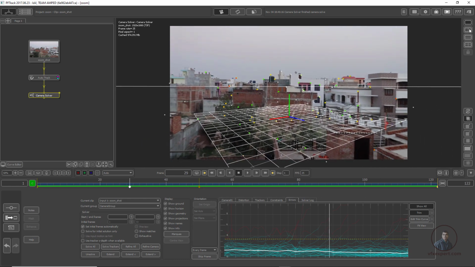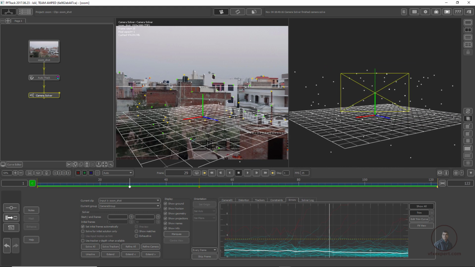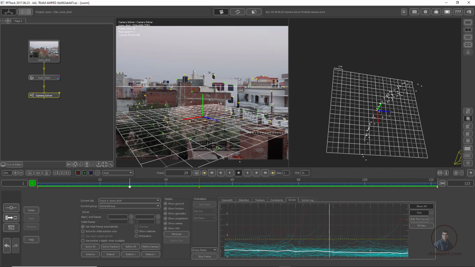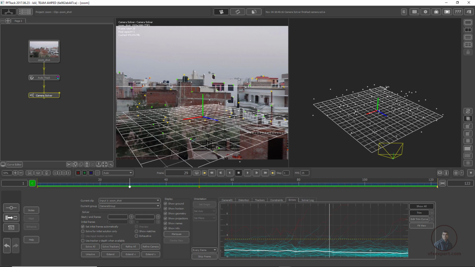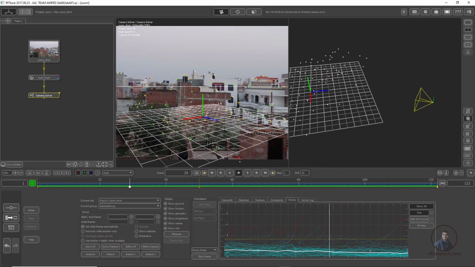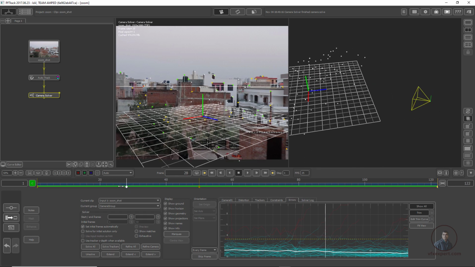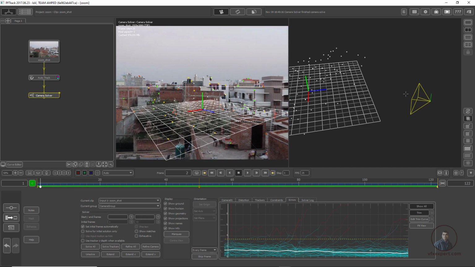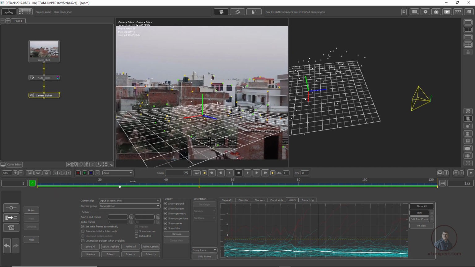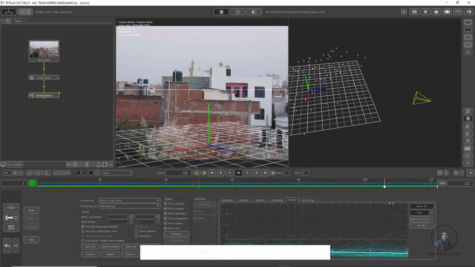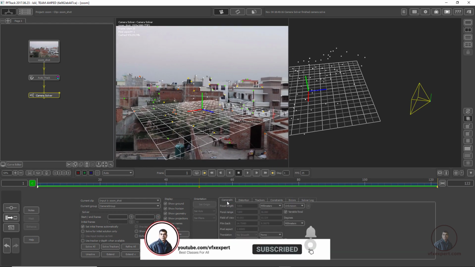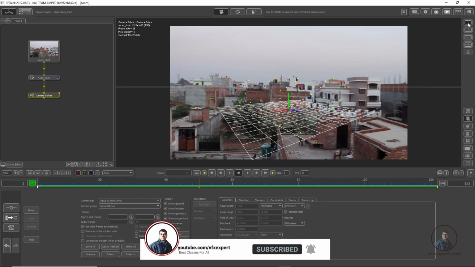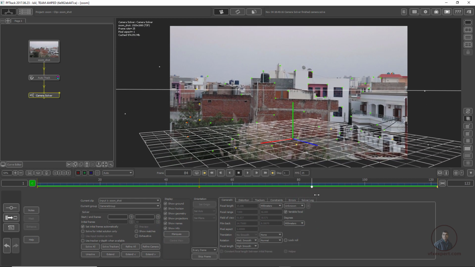Now let's come to our two view options here. You can easily see the points are in a plane or in a single perspective, because there is no perspective change here. And if you focus on our camera here, you can easily see the camera is fixed in one position and it's just changing focal length. So I think this is looking good. Now below, click on camera parameter and here in single view. So this is looking good.